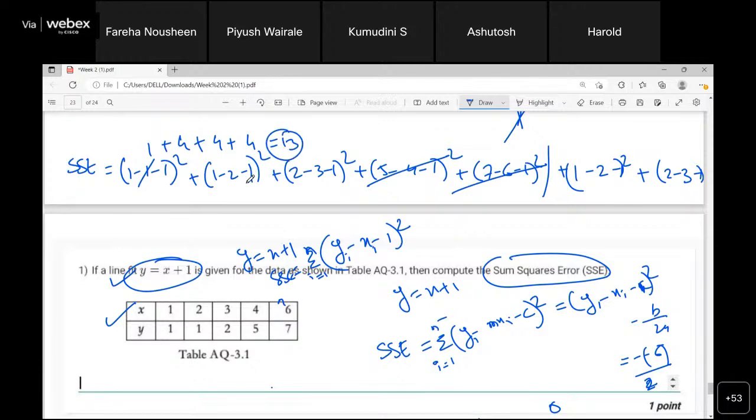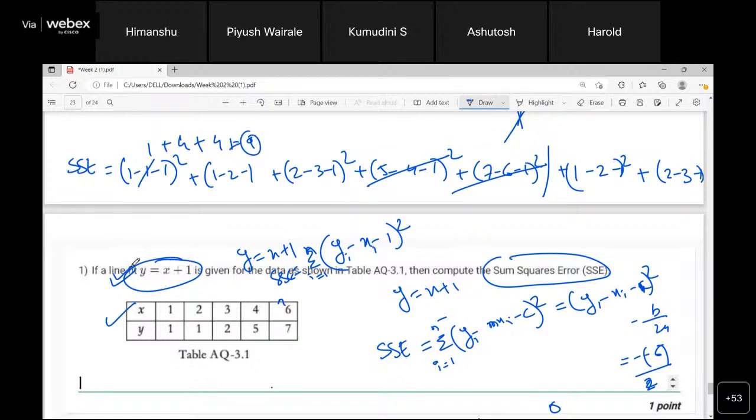No, sir. The last 4 is not there, sir. 1 plus 4 plus 4 only. Two fours, sir. 5 points are there, na? 7, 6 minus 1, so this is 0, 0. So 1, 4, 4 only, right? So that is 9, the answer. Yes, 9, sir. 9 is the answer. That is my SSE. This is how we calculate the SSE.